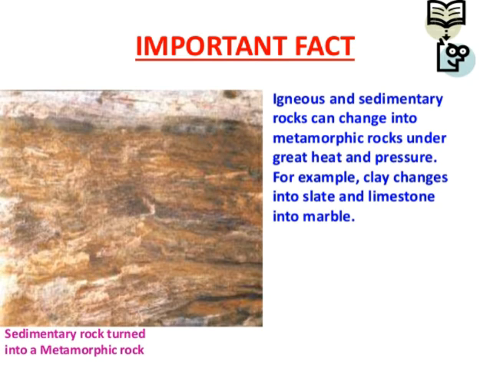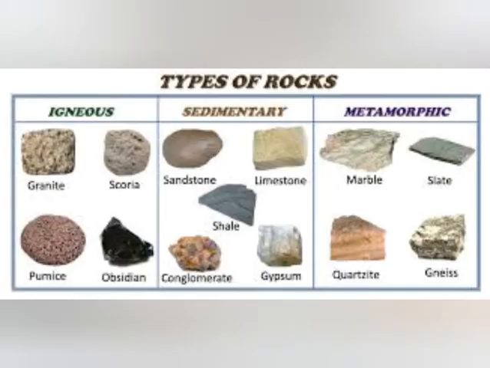The next one is sedimentary rock. Sedimentary rocks are formed by the layer by layer structure from the igneous rock. When there is high pressure and temperature, sedimentary rock forms. And from sedimentary rocks, metamorphic rock also forms due to the change of its structure. This is the example of igneous, sedimentary and metamorphic rock.